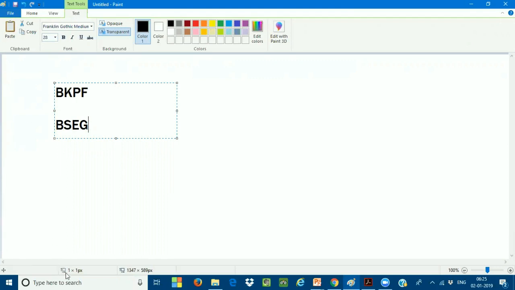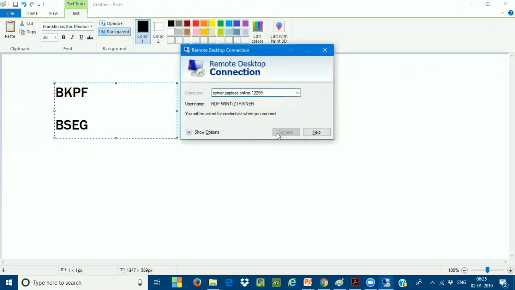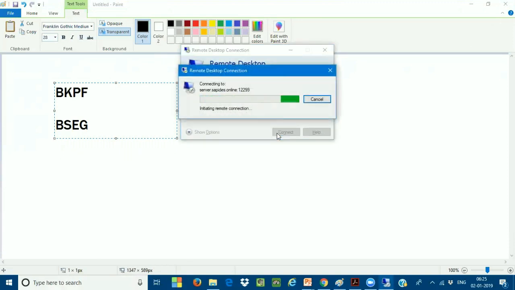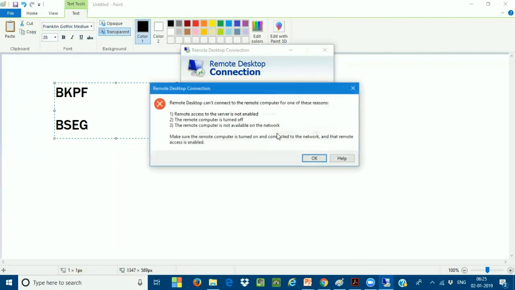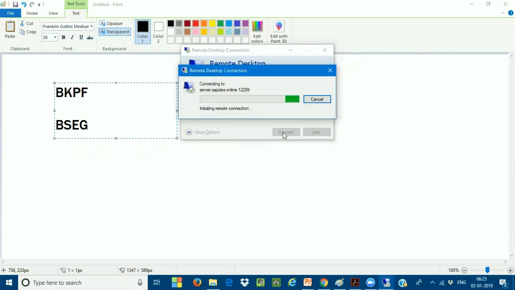Let me also open SAP in parallel so that we can understand directly in SAP. You will get access to SAP within these two days, and simultaneously we will do the practicals, showing everything in SAP starting from the company code. You may expect your access credentials by this weekend. I'll explain how to log in to SAP. Remote desktop connectivity will be given to you, and from there you log into SAP.